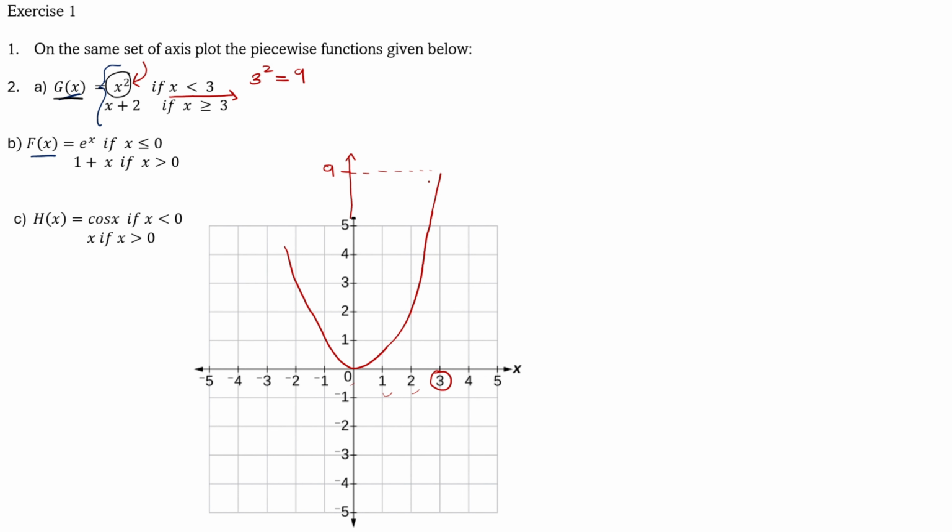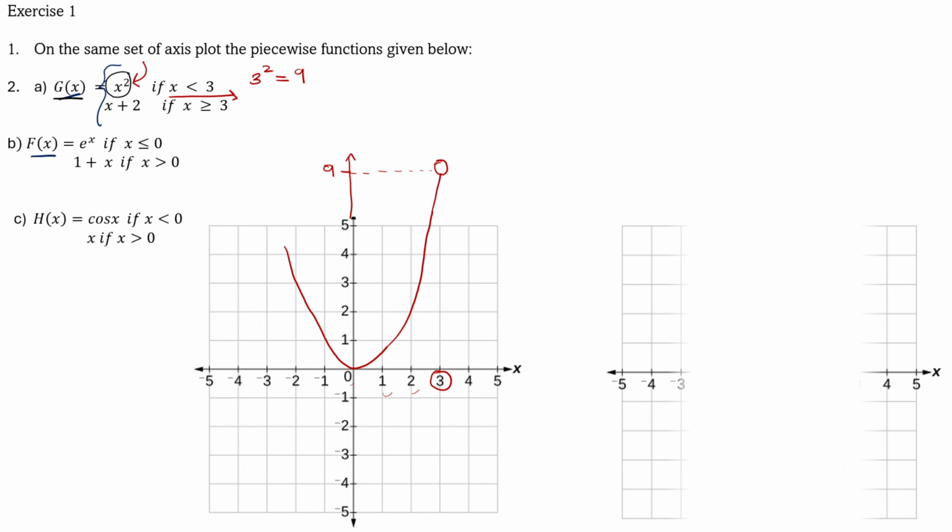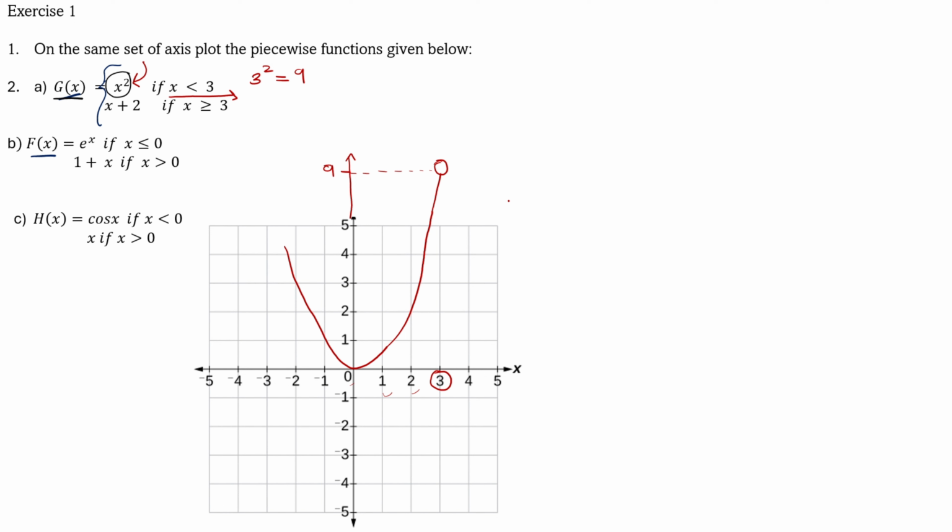But am I going to draw a shaded circle or an open circle? I'm going to draw an open circle, because remember what I've said here: if you have a greater than sign or a less than sign, it means that your function is not defined at that point. So you draw an open circle. That's why here we have an open circle. So we are done plotting our parabola from -infinity until we have reached 3. We stop at 3 because we are only using the first equation if x is less than 3.